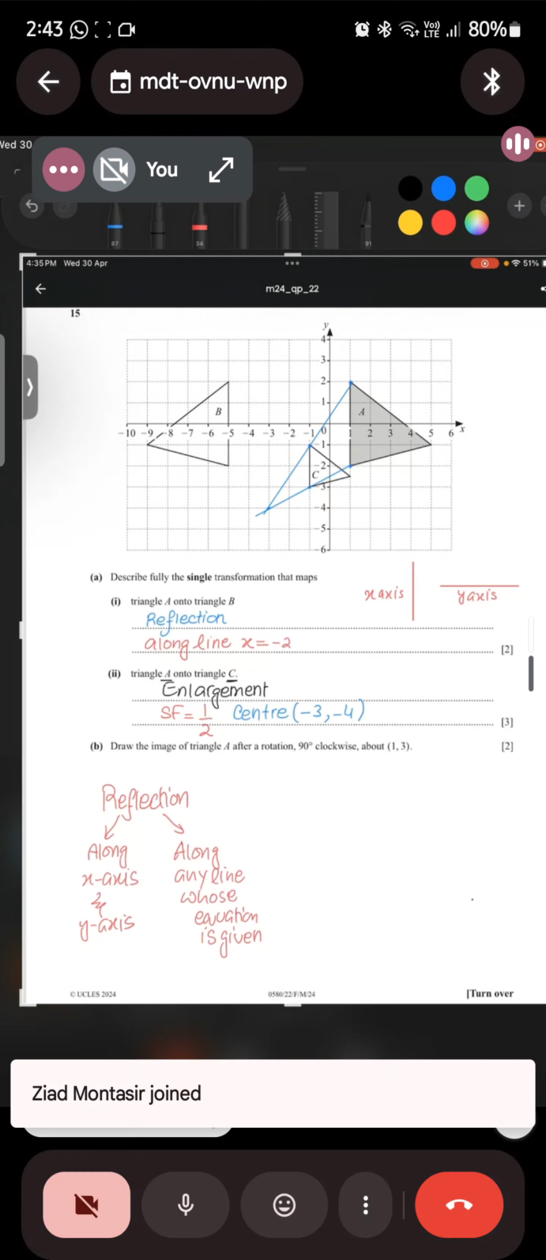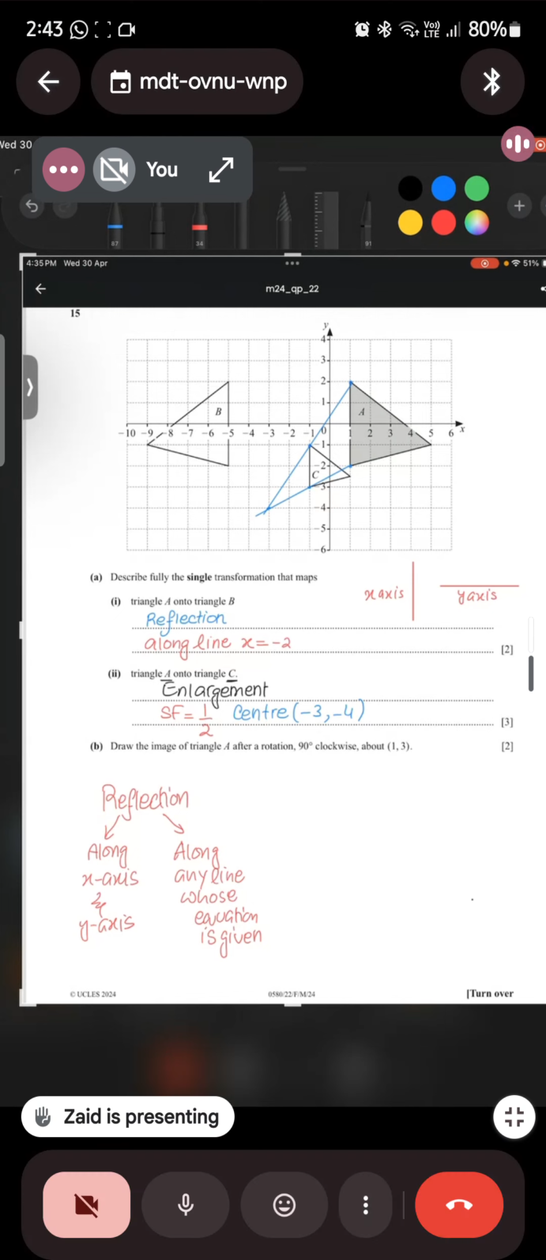Last one is draw the image of the triangle after rotation 90 degree clockwise about 1,3. This is the easiest one, okay? For this, what you are going to do, you are going to take a tracing paper, okay? Take a tracing paper. We have to draw the image of triangle A, okay? So what you can do, and the center of rotation is 1,3, okay? इसको ट्रेस करो, ठीक है? इसको पूरा ट्रेस कर लो इस तरह से, ये जो ट्राइंगल है,